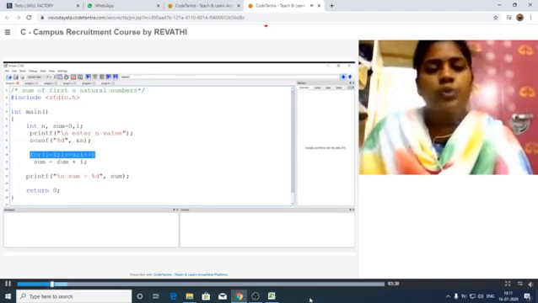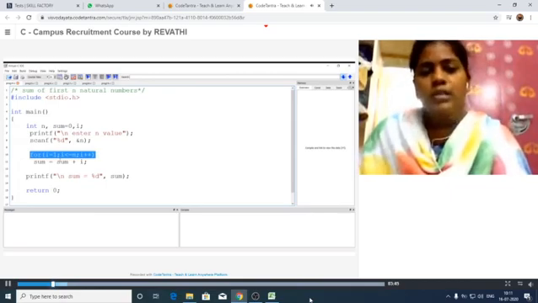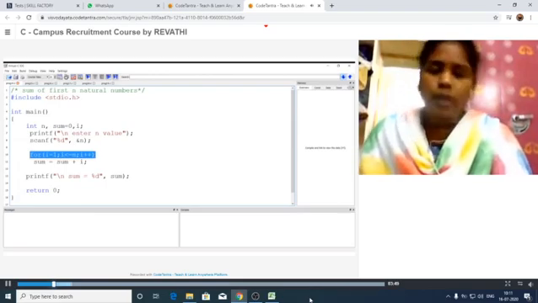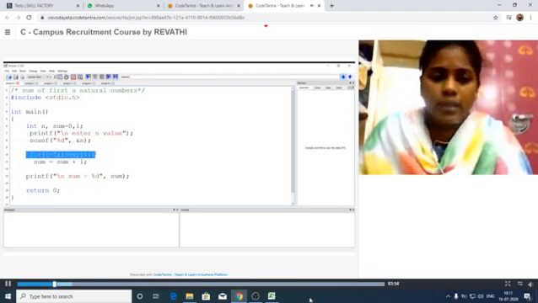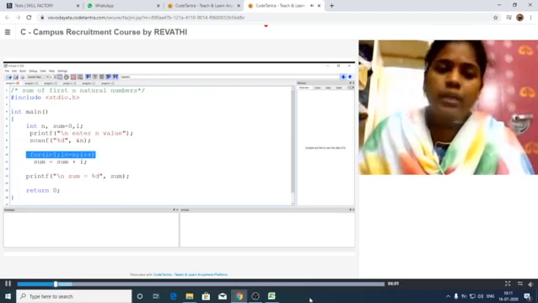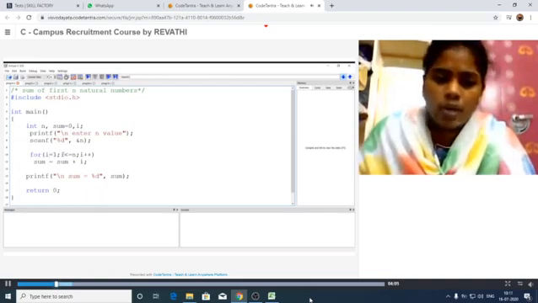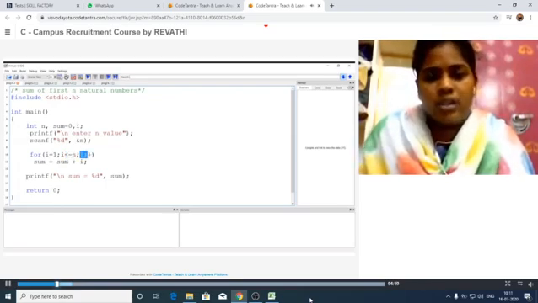The next type is iterative statements, which are also called loop statements, which have while, do while and for. So in the control statements, here the first statement is for. Its syntax is that we can pass three parameters in a single statement. The first one is where we can declare the variable, then we write the condition, then the updation, that means either increment or decrement operation.